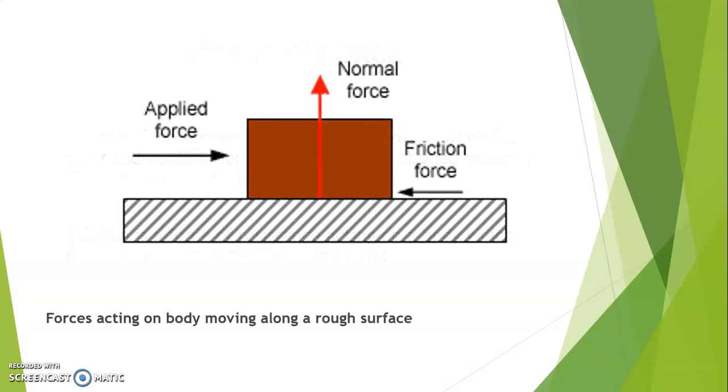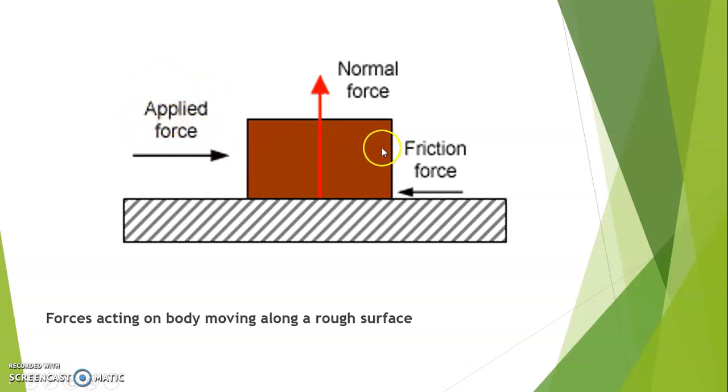of the body. Given on this screen, we have an example of a body which is resting on a horizontal surface, and the surface is actually rough. Because for friction to be present, we deal with rough surfaces which are able to produce the friction force. On the said diagram, we have a body that is resting on a horizontal surface, and the forces that are acting on this body are indicated. One of the forces is the applied force, which is supposed to produce the motion. The applied force is acting towards the right,